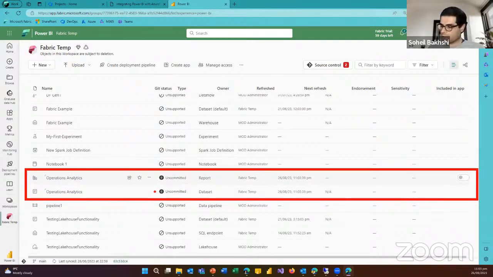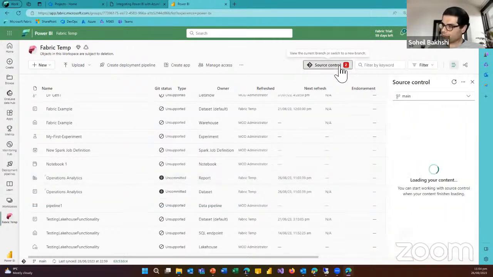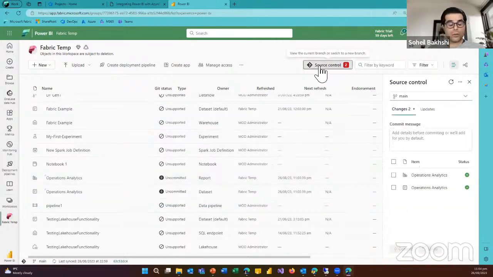It is checked in and it says uncommitted, right? But what it does, it can actually see in the source control that there are 2 files that are uploaded here, right? And now we want to commit the changes from